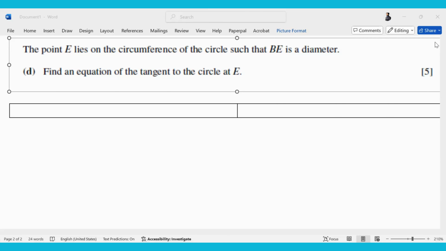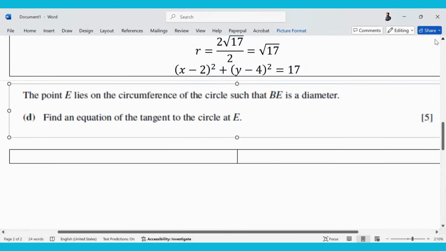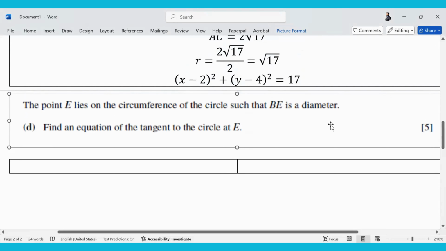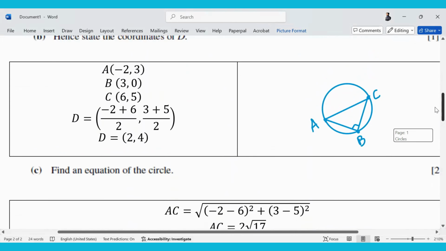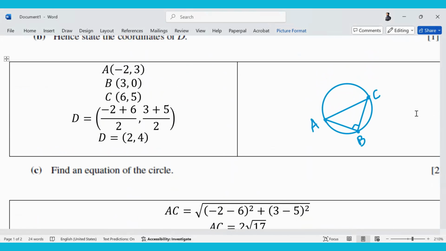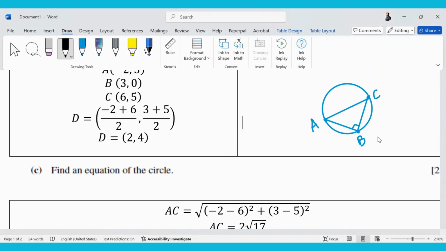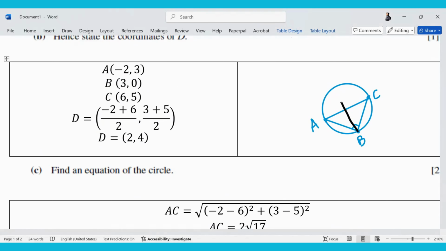खुद sketch करो, मैं नहीं करूंगा. This is where the confusions arise. Okay class, let's see this. BE is a diameter. Now lots of you are confused कि AC भी diameter था, BE भी diameter है. You cannot just link every diameter, and if you make an equation of the length, you cannot solve both x and y in one equation. You have two unknowns. You do not know the x coordinate of E and you do not know the y coordinate of E. So if I use my sketch, which you should have drawn yourself, अगर मैं B और E एक diameter बनाऊं,